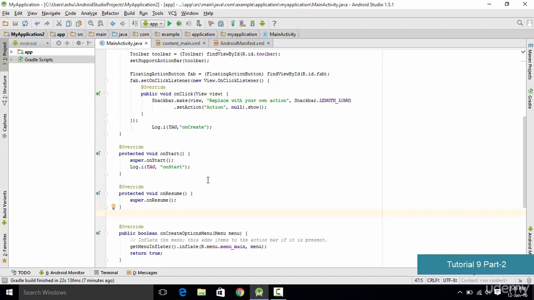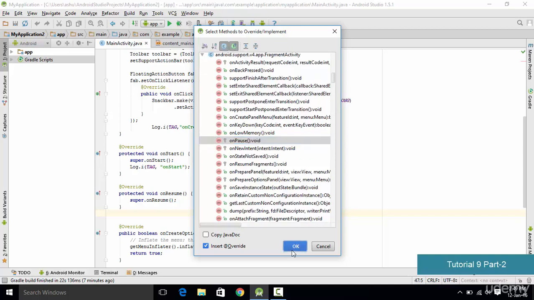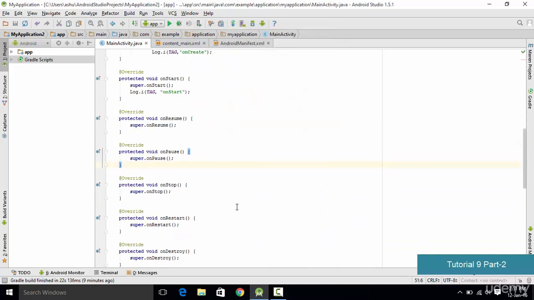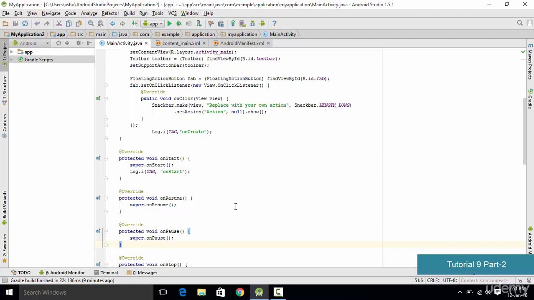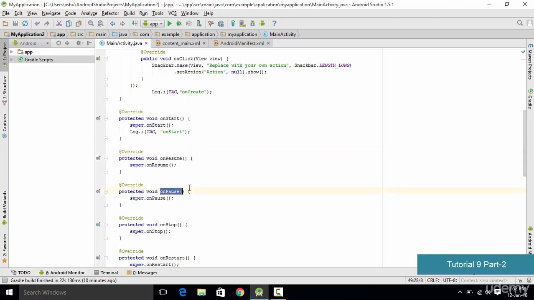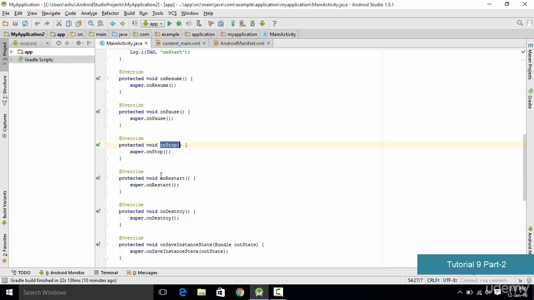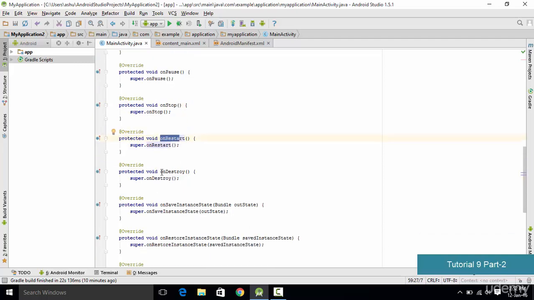So the next method which we want to import is the onPause. Again, Alt insert, override methods, onPause, click OK. Now once I am done adding all the methods, I'll go through the methods which I have added. The first method which we have added is the onStart, then we have added the onResume, then onPause, then the onStop method, then onRestart, then onDestroy,